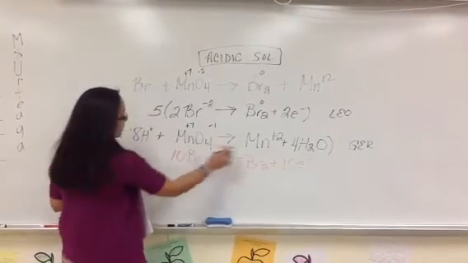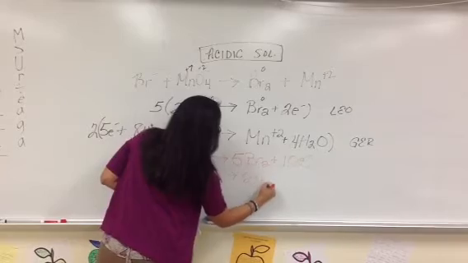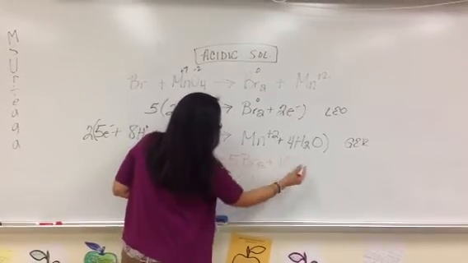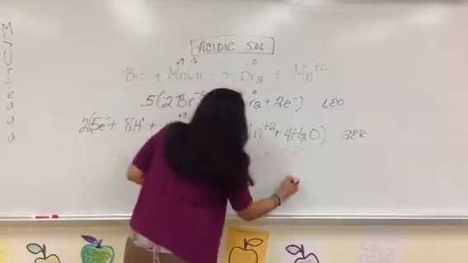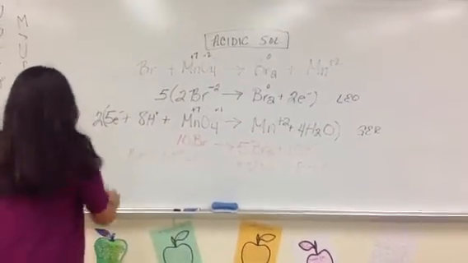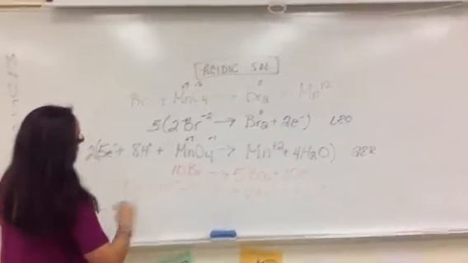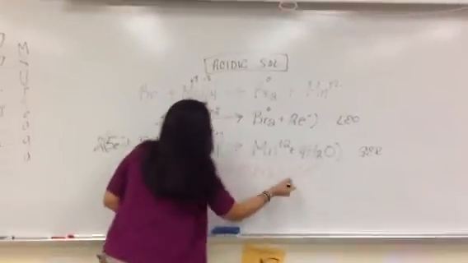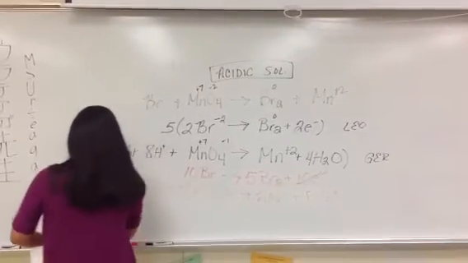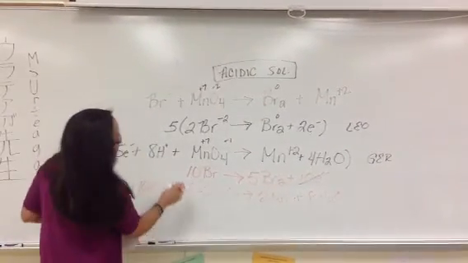Again I have 2 manganese, and 8 waters. Your electrons can cancel out,